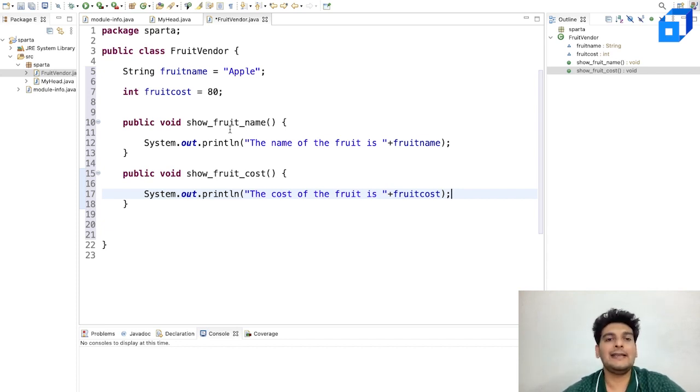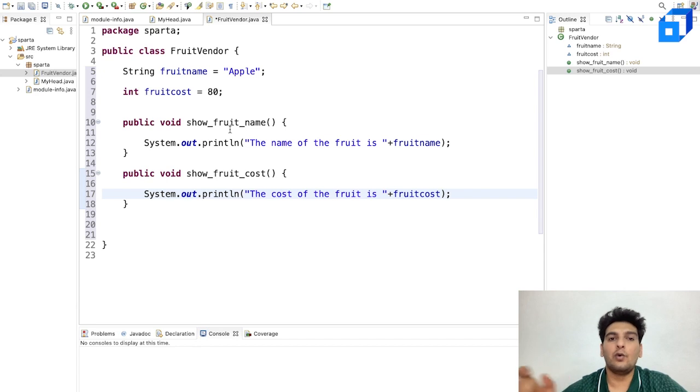So again, we've taken the example of a car, isn't it? When I just say car, you can imagine a car of any brand. You'll probably imagine a Ferrari, it could be a Maruti, it could be a Jaguar, I'm just running out of names of different cars. So whatever brand it is, right?